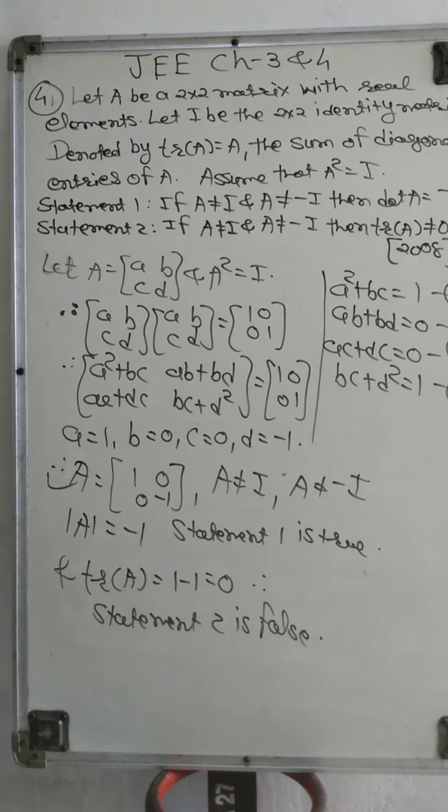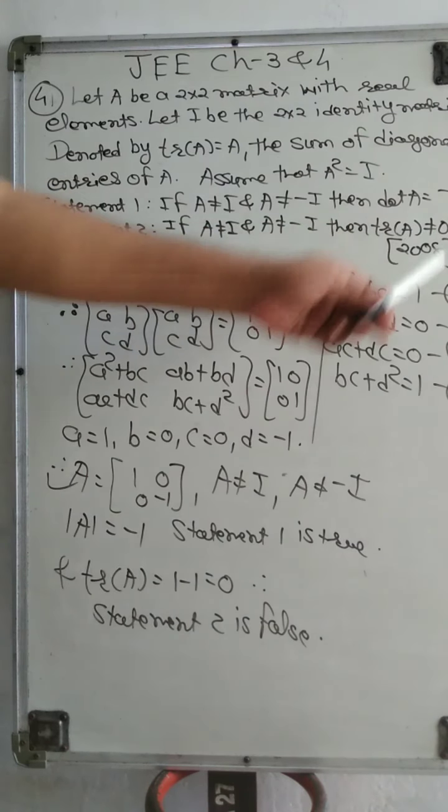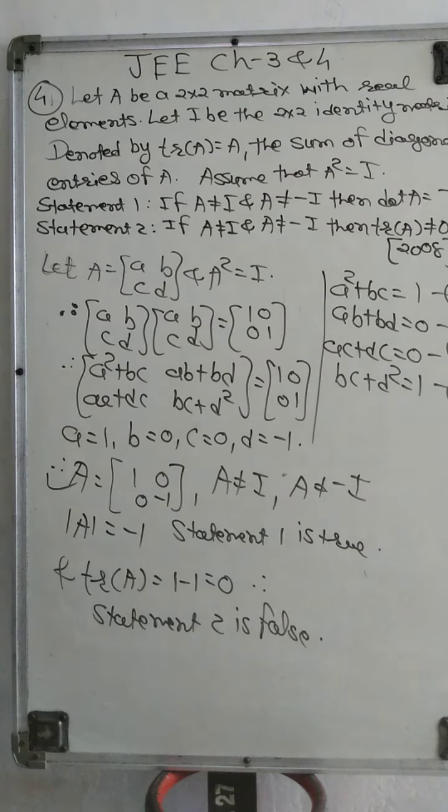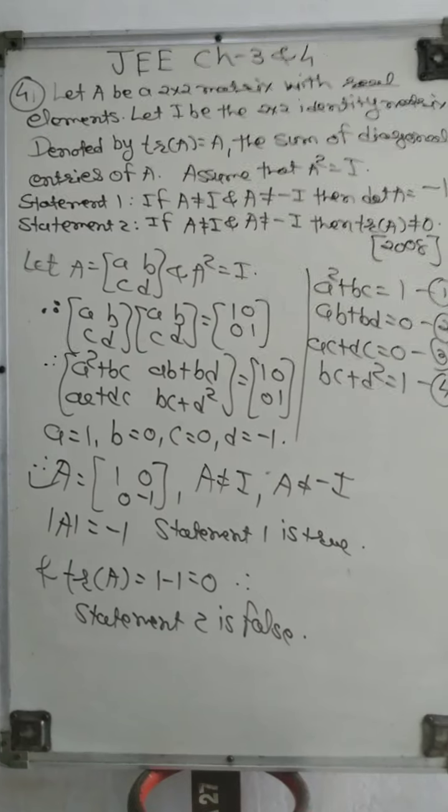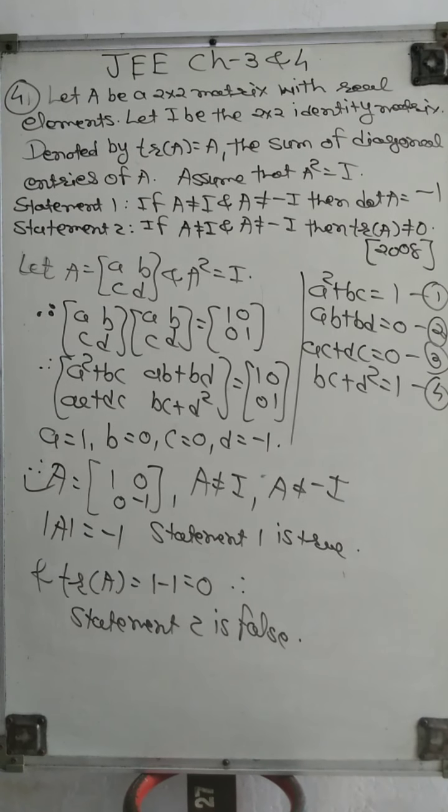Now statement 2 is given, the same condition is satisfied here, but when we take the diagonal entries and add these two, we get 1 minus 1 is 0. So TRA is not equal to 0 is false. So the second statement is false and the first is true. So of the two statements given, the first statement is true and the second is false. This way we get our answer, and this is a very good sum, and it is also asked in your JEE examination. So remember this very carefully, and we go for the next, 42.